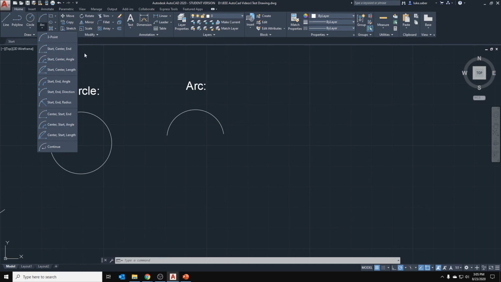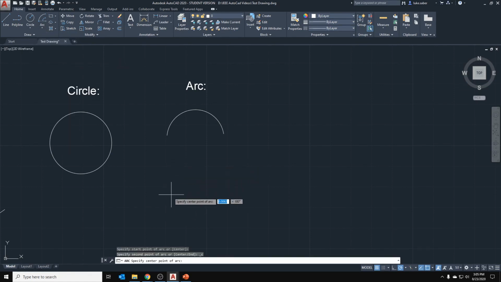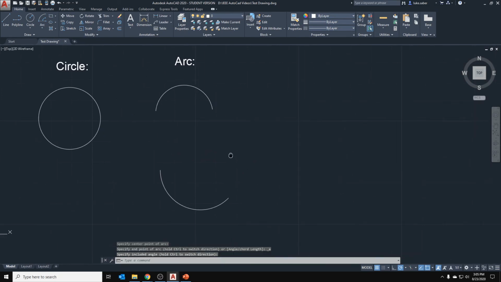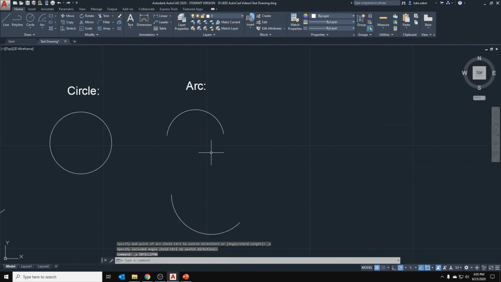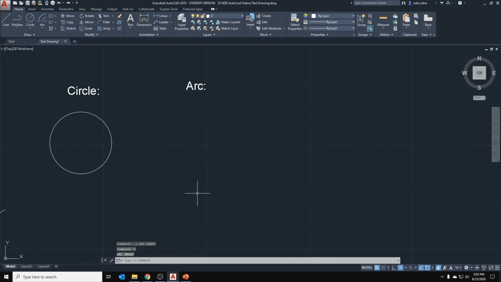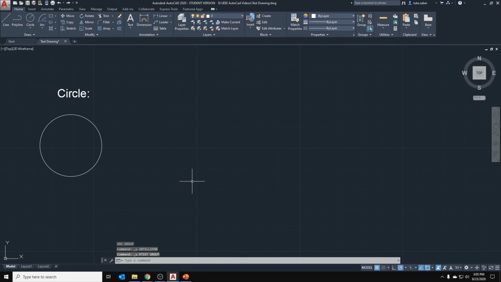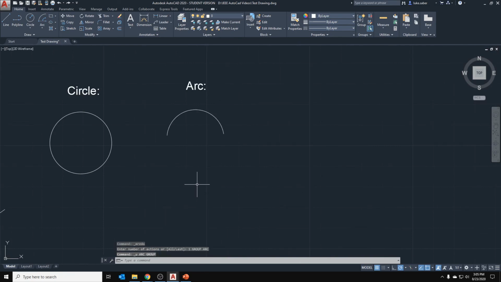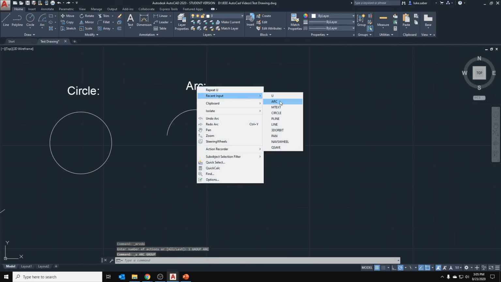Well, maybe let's say I wanted to make just a certain arc as a part of a circle. Well, I could do a start, a center, and then an angle. So let's say I wanted 135 degrees. We'll do that. Now you'll notice I'll do repeat. Oh geez, that's not what I wanted. Okay, so if I wanted to do, let's say, recent input and arc,